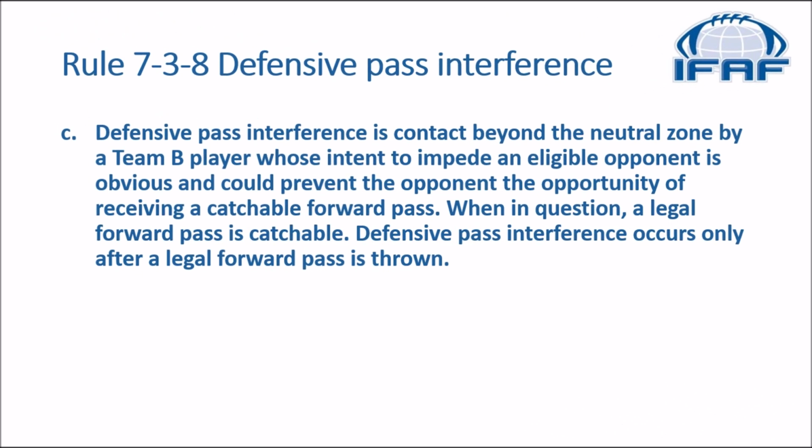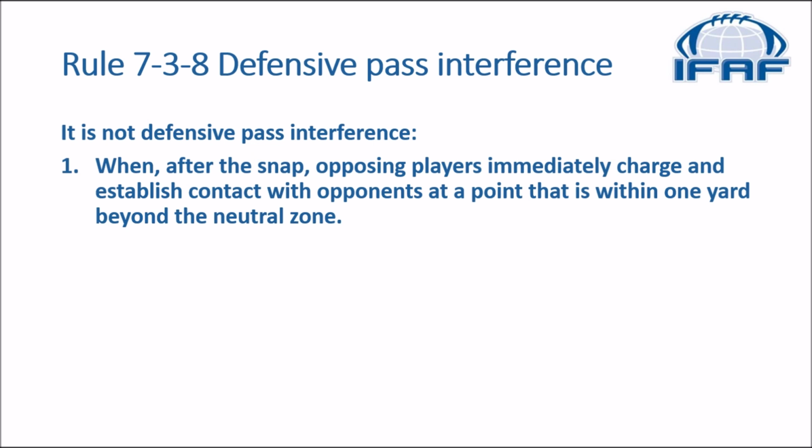In the rulebook, we go to Rule 738, Defensive Pass Interference. C. Defensive pass interference is contact beyond the neutral zone by a Team B player whose intent to impede an eligible opponent is obvious and could prevent the opponent the opportunity of receiving a catchable forward pass. When in question, a legal forward pass is catchable. Defensive pass interference occurs only after a legal forward pass is thrown. It is not pass interference: